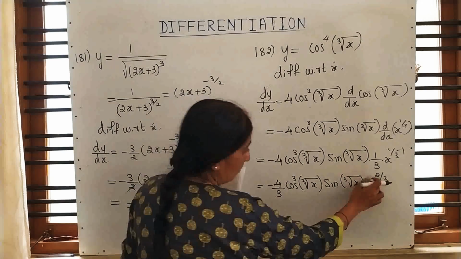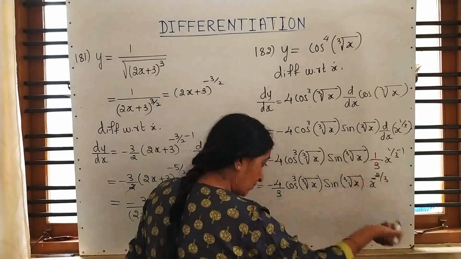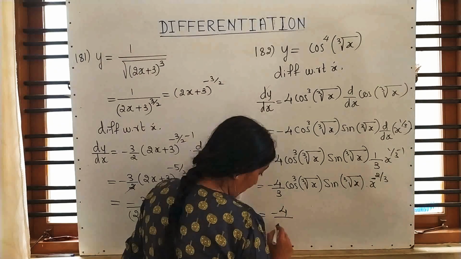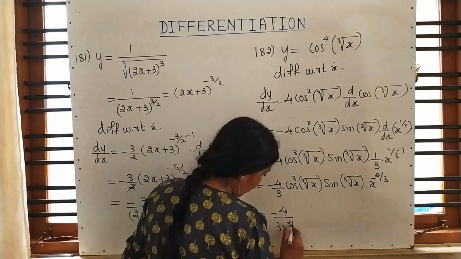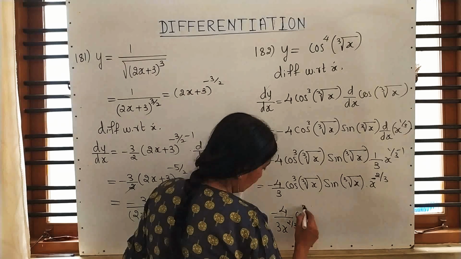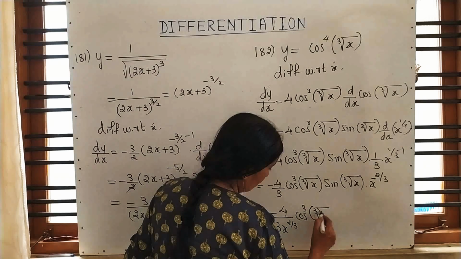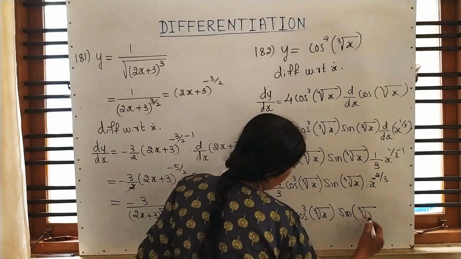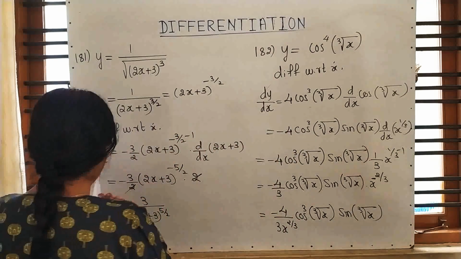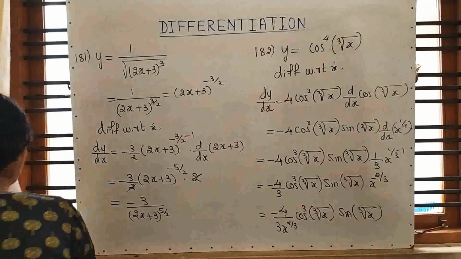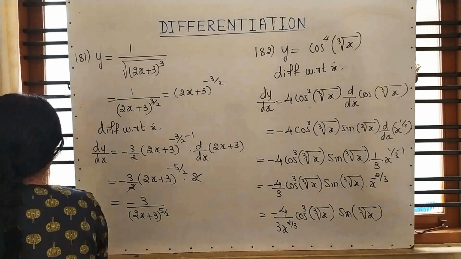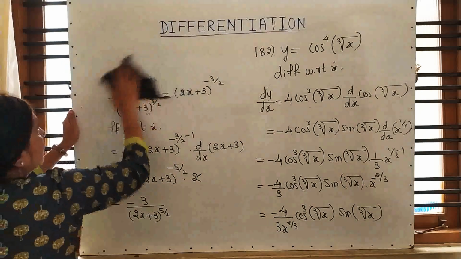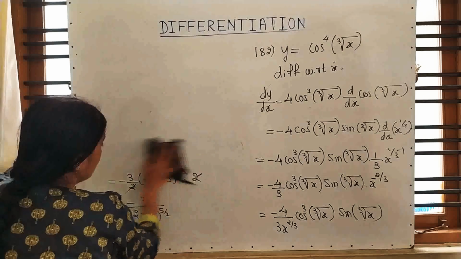Correct or what? And because of this negative sign, it comes in the denominator. We can write like this, and there is no trigonometry term. So it depends on the students how they will understand, and if they are familiar with how to apply the formula, then the examples are very simple. Moving to the next question.